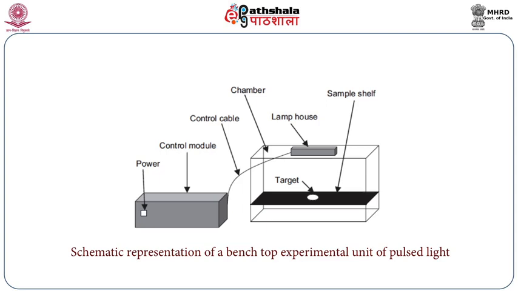So the sample holder is there where we keep the sample, and the food is exposed to that. The drawback with this pulsed light, as we discussed already, is that it will not penetrate inside the food. A few food products, for example where pH is more than 4.5, are highly susceptible to bacterial growth. Such kinds of foods are not suitable for this light. That is a limitation with this.